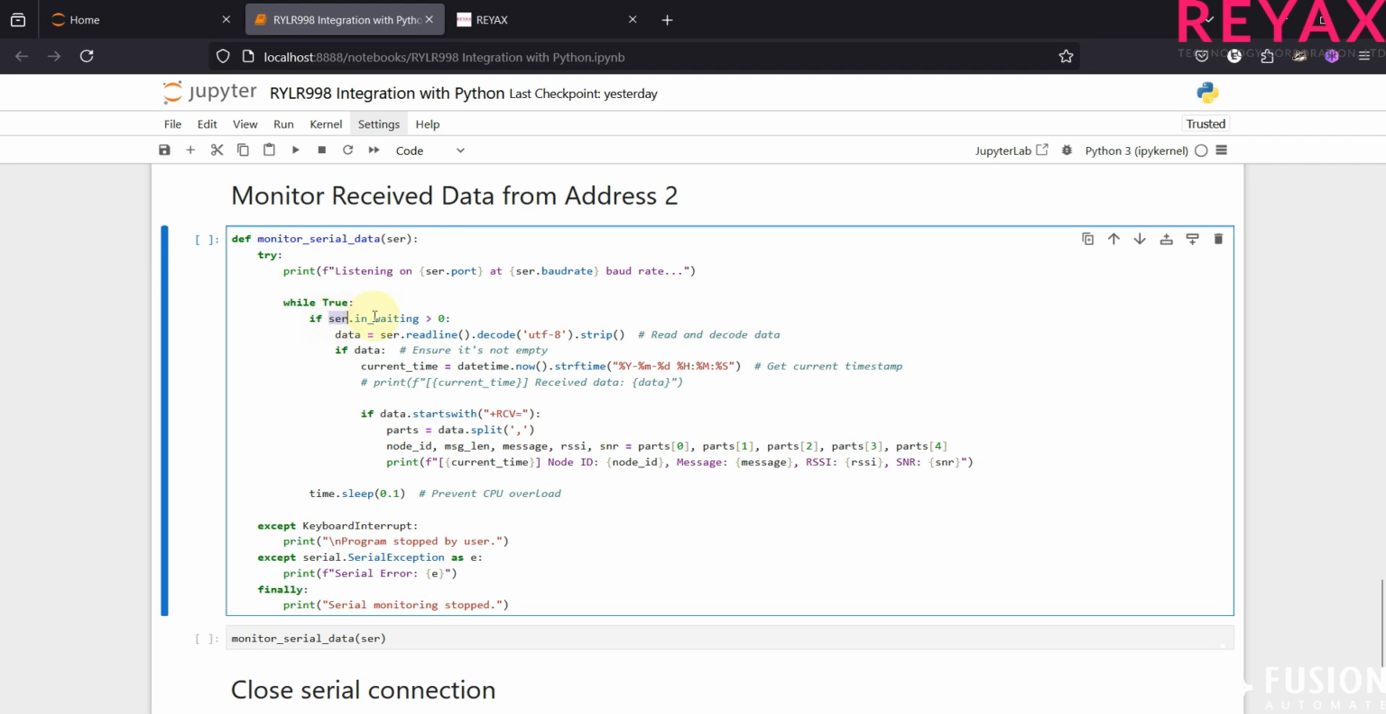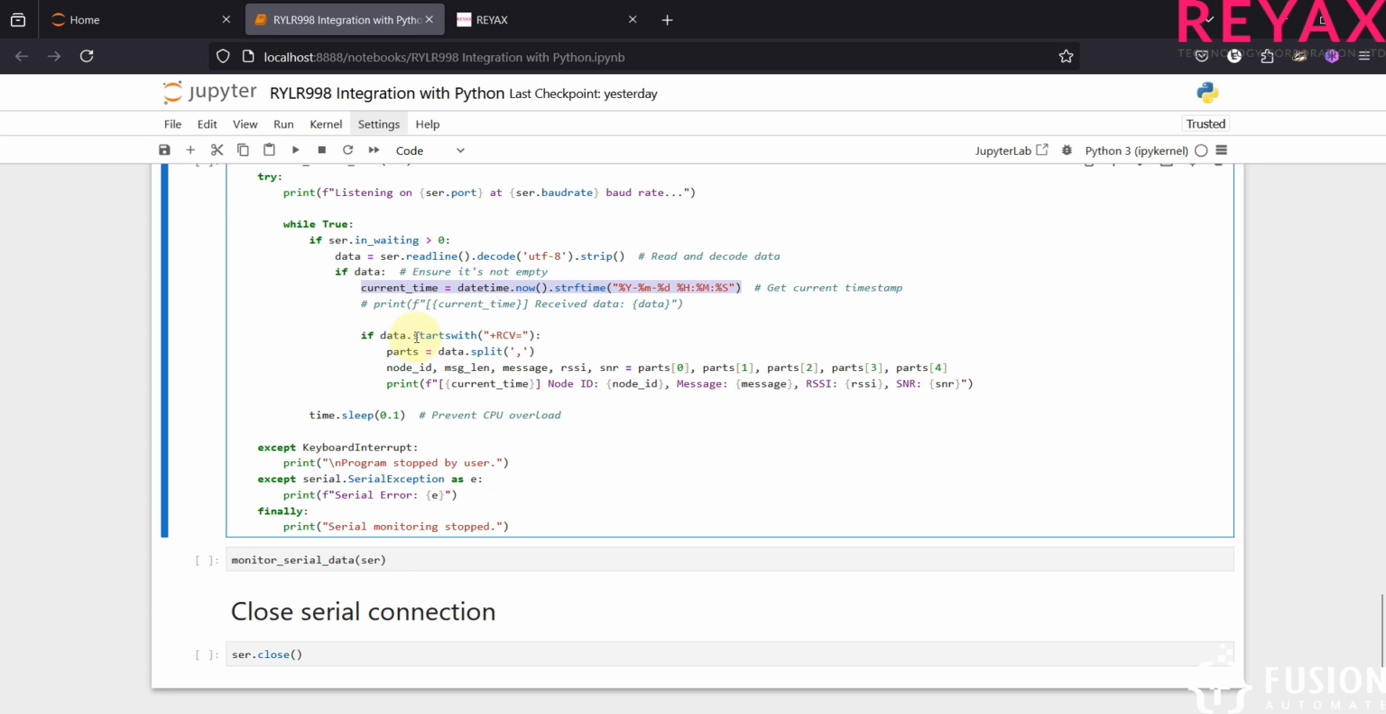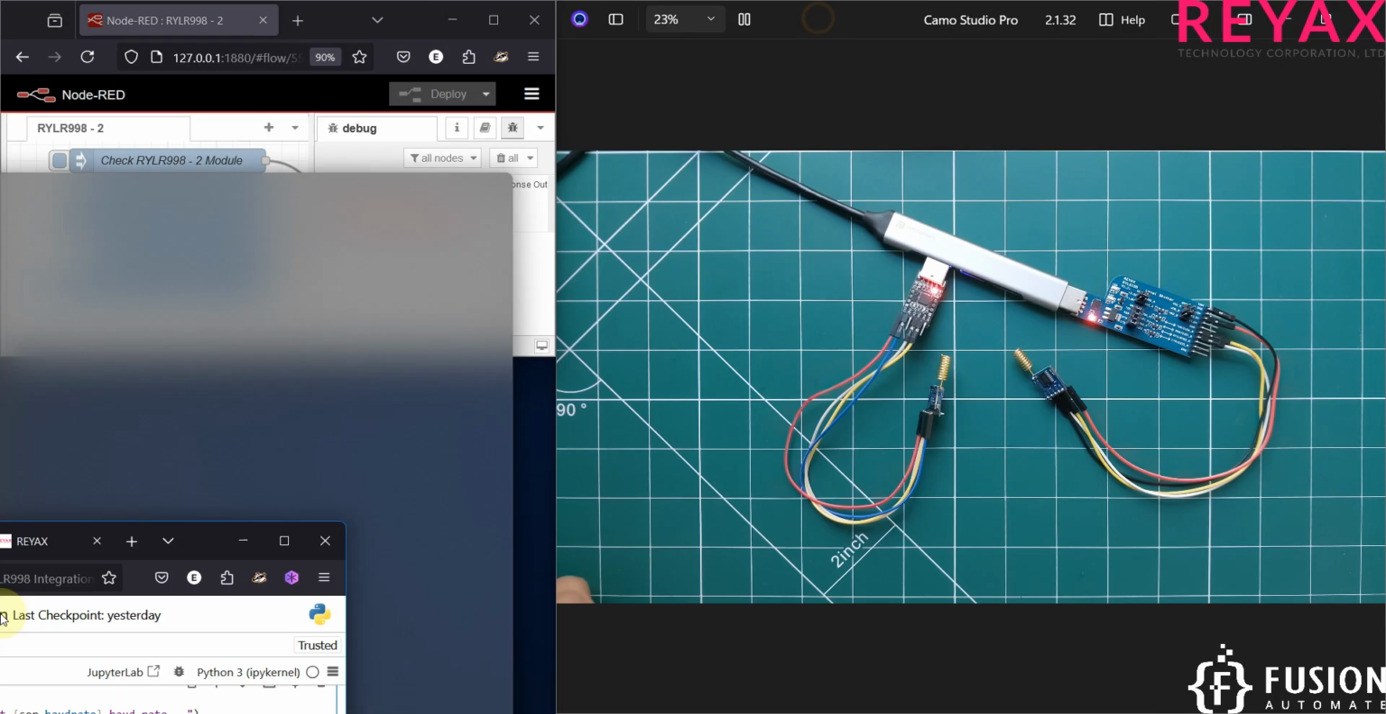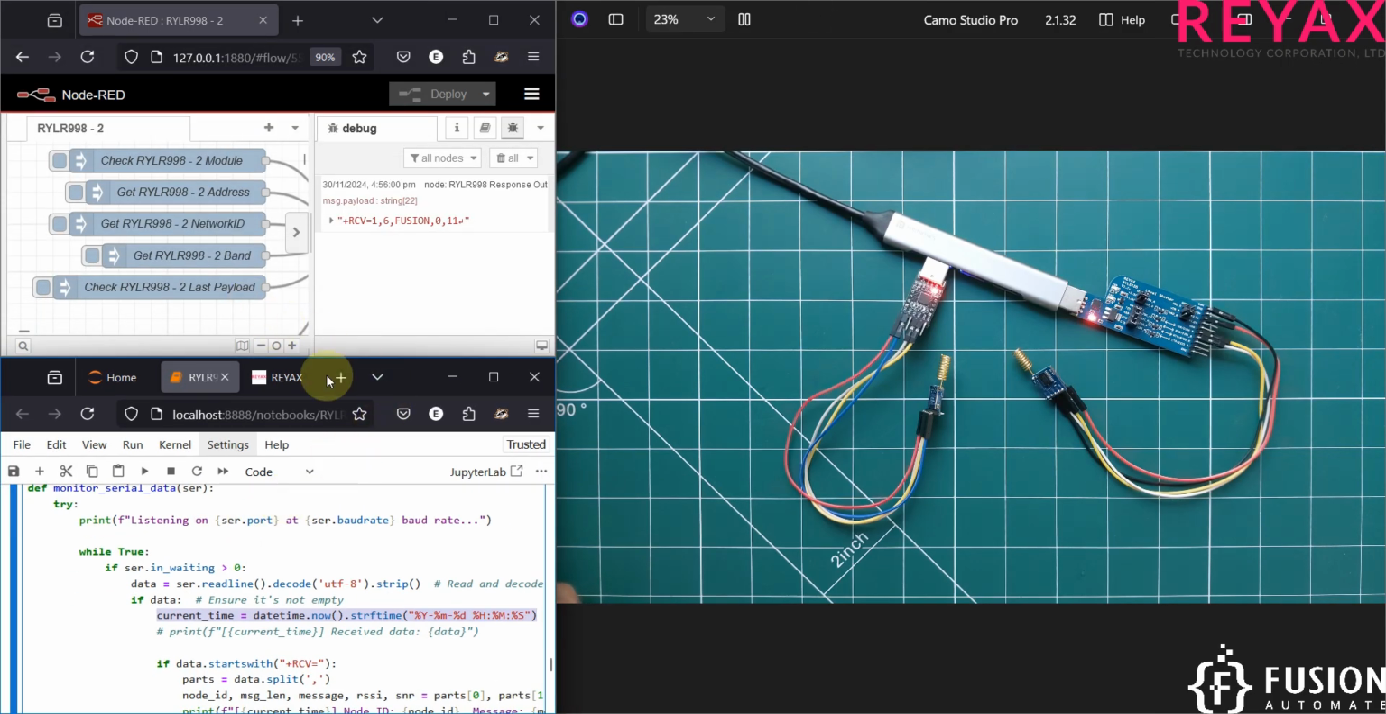Here you can see serial.in waiting. So we will wait for the serial data. Once we receive the data, we are going to decode the data. We will also use the timestamp of what time we have received the data. And then if the data is starting with the receive, we will divide that data into multiple parts and extract the data. Then we will print the data. So let's run that. And before that,